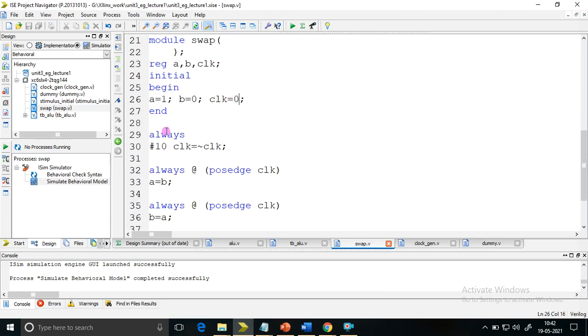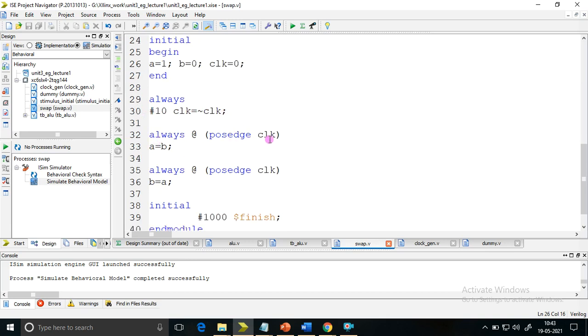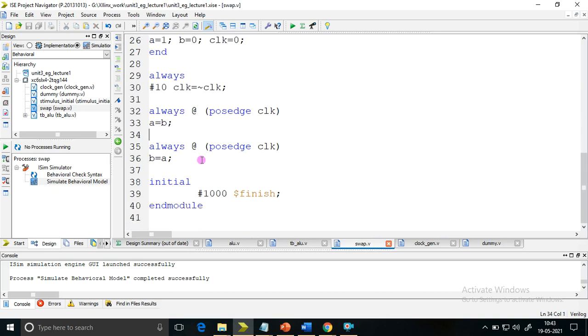Then I need a clock, which I already explained in the previous session: after every 10 time units, the clock gets inverted. So it will generate a clock. Always at posedge clock, A is equal to B, and always at posedge clock, B is equal to A. I am using the blocking operator, so it should not swap in this case. And it should stop after 1000 time units of simulation.